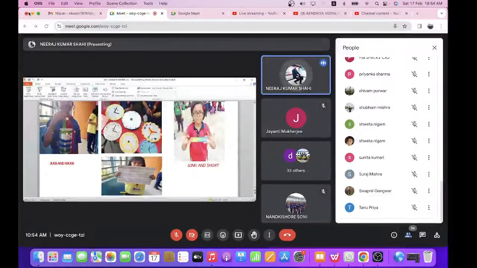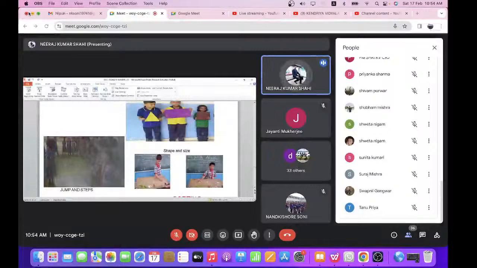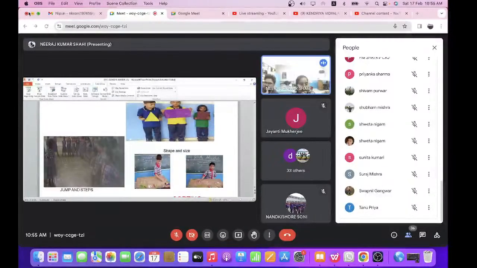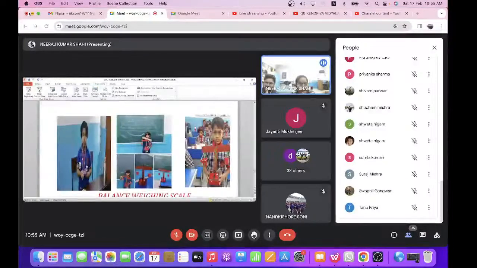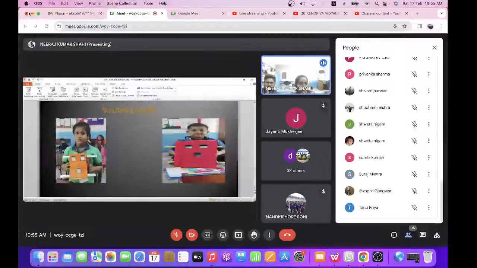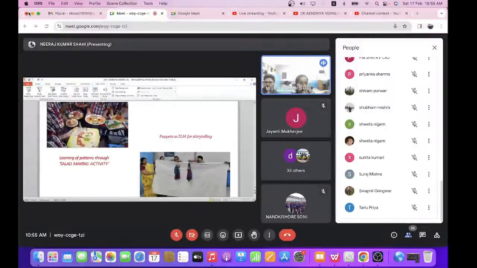For the primary students, class 1 and 2, students made a clock to learn how to tell the time. These are some pictures from our Vidyalaya in which students are getting knowledge about shapes and sizes and how to sort things. Yes, this is another picture in which some students made a balancing weight scale. And these are some pictures for multiplication, how we can make multiplication easy and understand it by using the TLM. And this is a salad making